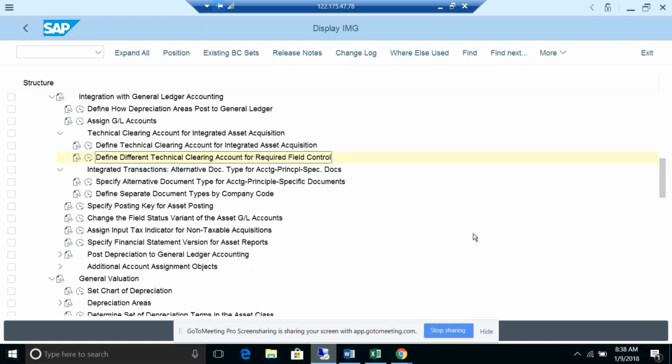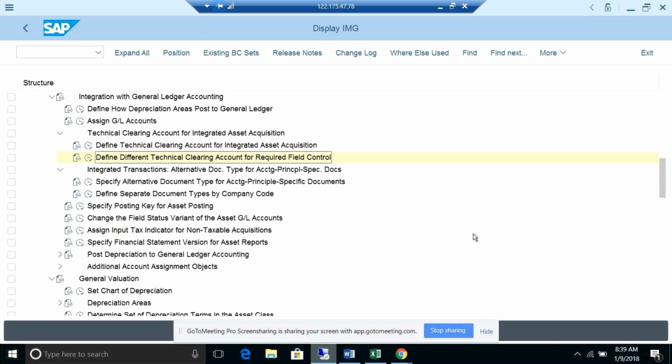Okay. So in the back end, does that mean when we are only using US GAAP and the company is not using IFRS, we don't need a technical clearing account? Technically speaking, because the dimension is added, even if you have a single accounting principle, you need to create the technical clearing account.